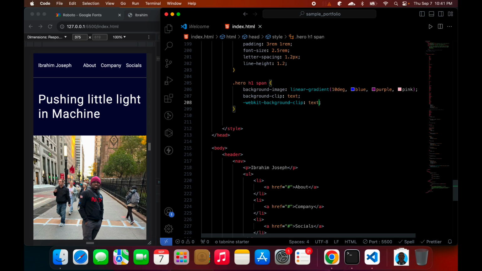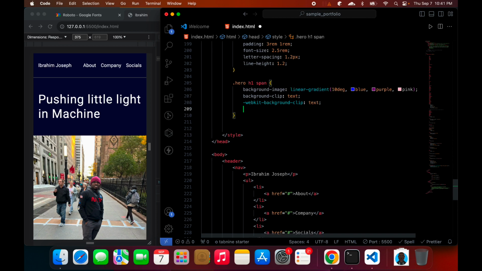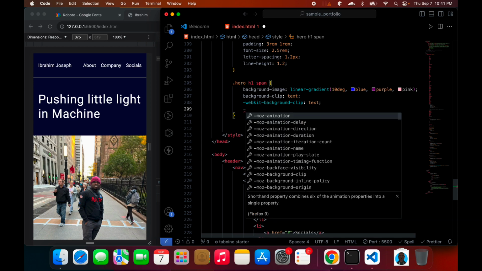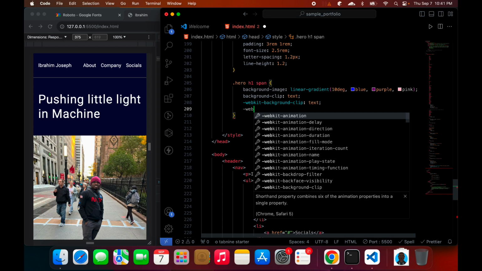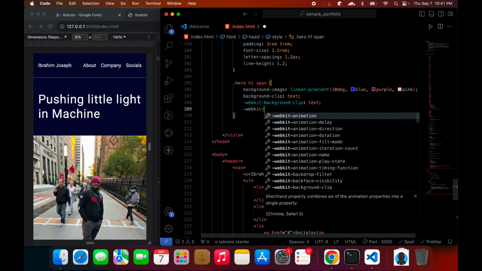And now we have done that, as you can see, you're actually clipping on the text, but you're not seeing it. Why? Because the text color is already taking priority over the background color. So how do we make sure that whatever background color we already have here on line 206 is going to take effect? So the next CSS property we're going to use is called text fill color. That is the CSS property we're going to use, and we're going to use WebKit to access that. So we say WebKit